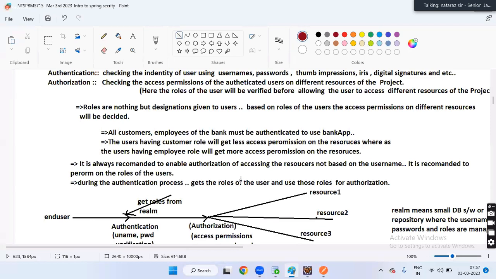Whenever an employee is registered, one role will be given. When he logs in, his role will be collected. Accordingly, access permissions will be decided, so that tomorrow if any employee resigns, gets a promotion, or quits the company, is there any issue in the application code, guys?